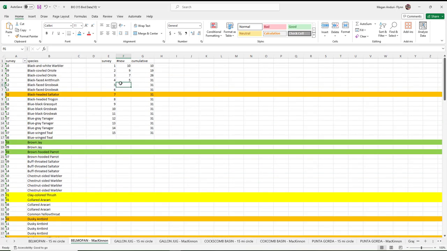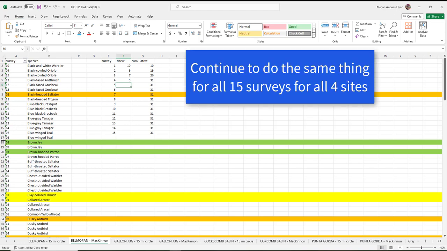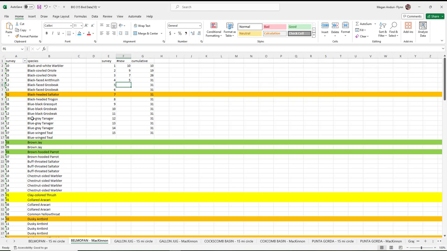So as you go along, you'll be continuing to highlight the survey that you're dealing with, choose a new color, and then by the end you'll have all sorts of color-coded things that will look like a rainbow. It'll be kind of pretty. So once you've completed all 15 surveys, then what you're going to do is go back to